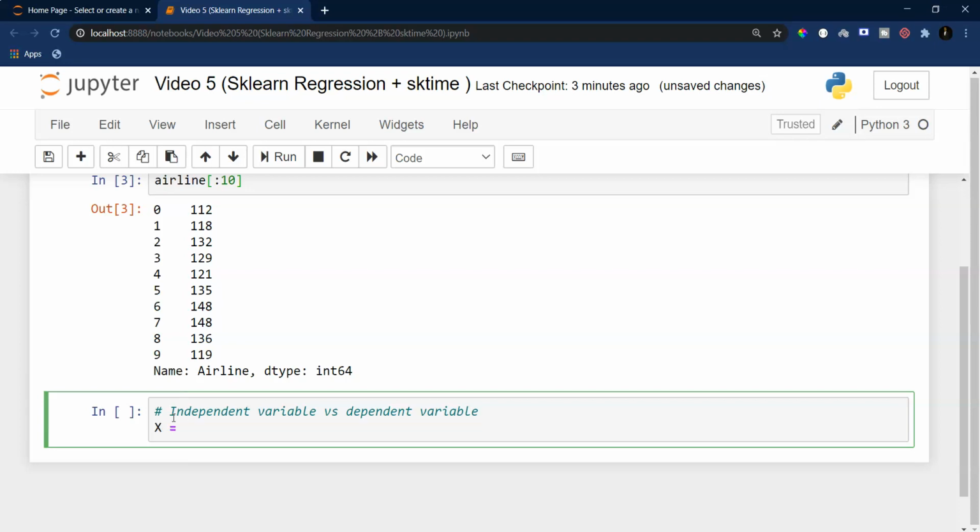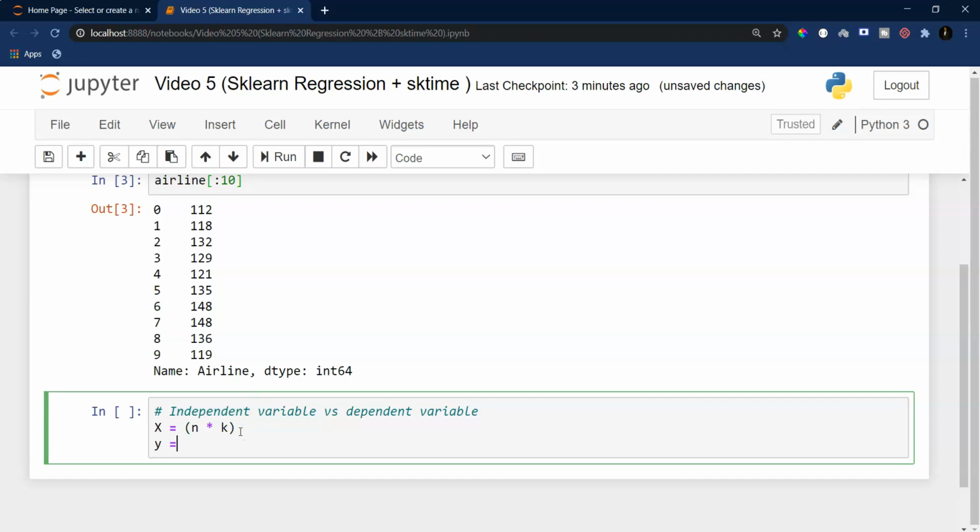Now x needs to have a shape of something like n cross k, where n is the number of rows and k is the number of features or independent variables x has. And we have a y which we are trying to predict, which will also have n rows, but only one column, because only one dependent variable will be there, the variable that we are trying to predict.